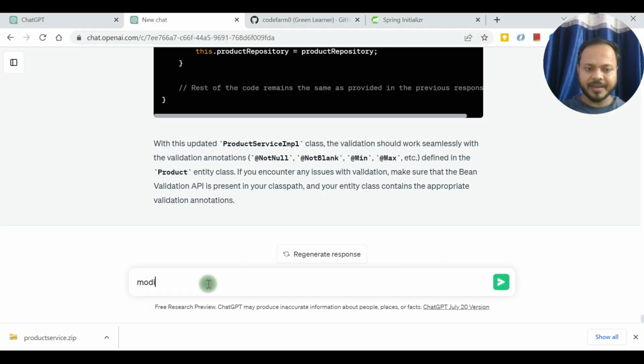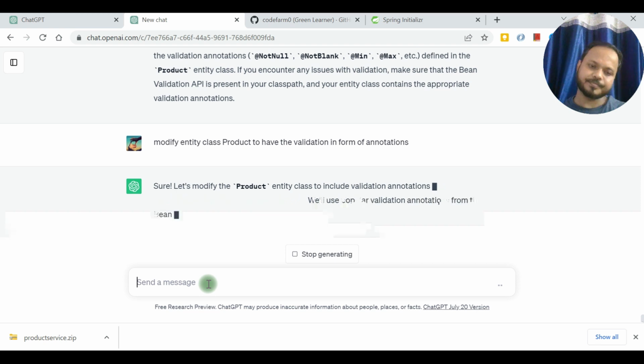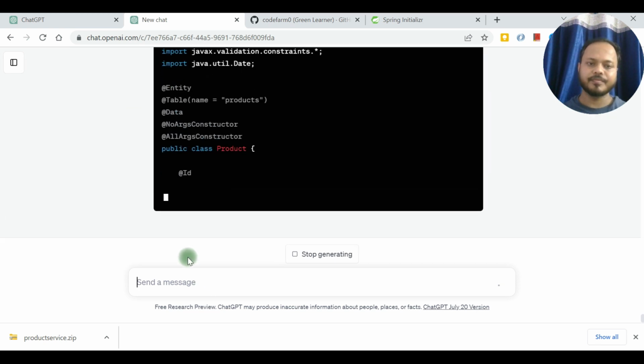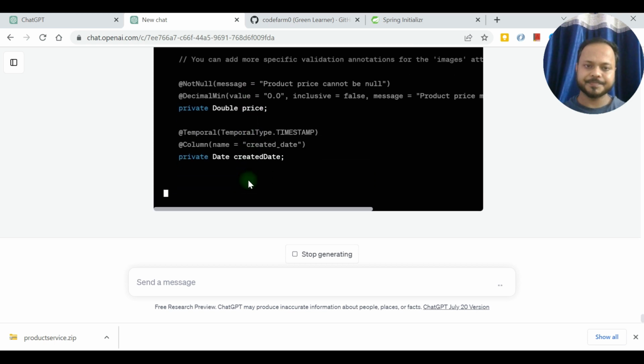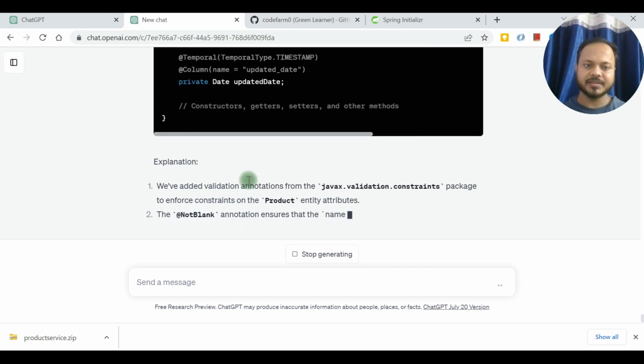So modify entity class product to have the validation in the form of annotations. Yeah, this is what I need. This is what I need. Okay,